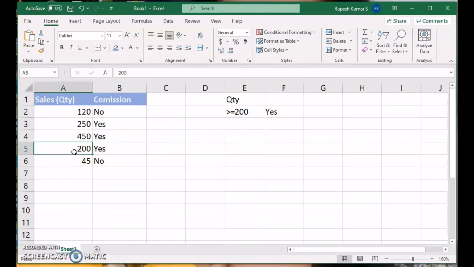What if I write 199.999? It is still less than 200, so it is still saying no. What if I round it? I have rounded it. It is showing me 200, but still it is showing no, because actually it is less than 200. So how can we check? Go to this, increase the decimal, and then you can see it is saying no, because even if we are rounding, the actual value is less than 200. That's why in this case we are seeing that it is telling us no, because this value is less than 200.